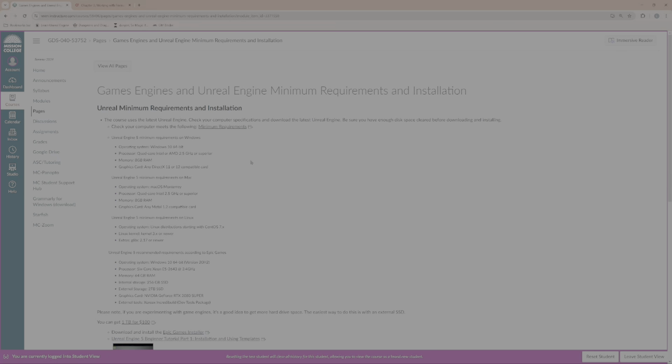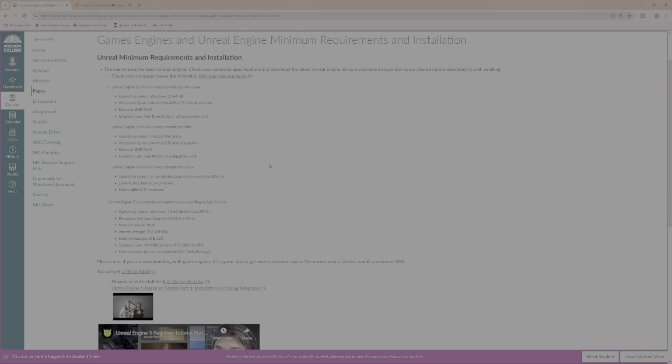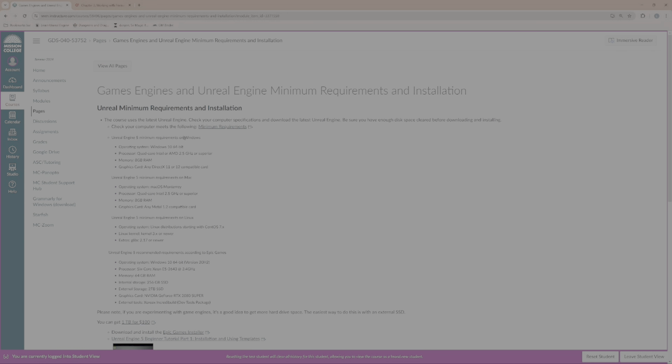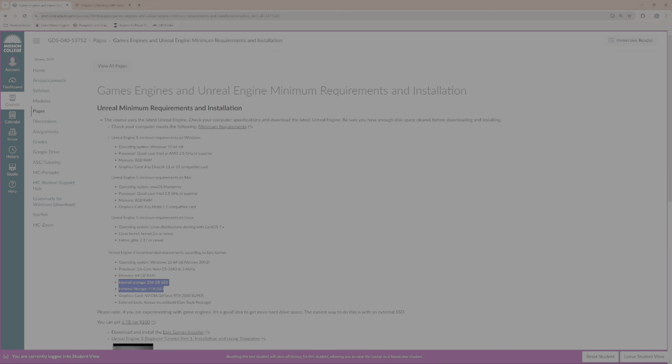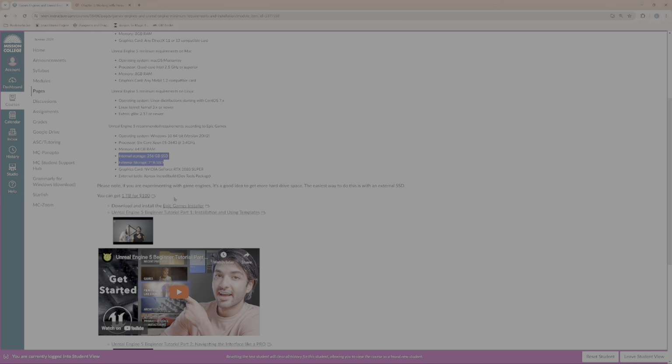Next, we're going to look at getting your game engine installed. We're going to use Unreal Engine for the class formally, but for the minimum requirements, you do need a chunky amount of space. I think you want some extra storage on your computer system. RAM is recommended, but you can drop it down to the lowest settings, so I'll take care of that. I would suggest getting an extra 1 TB SSD. I just put a link there. You could search Newegg or Amazon or any other site and get one for about $100.